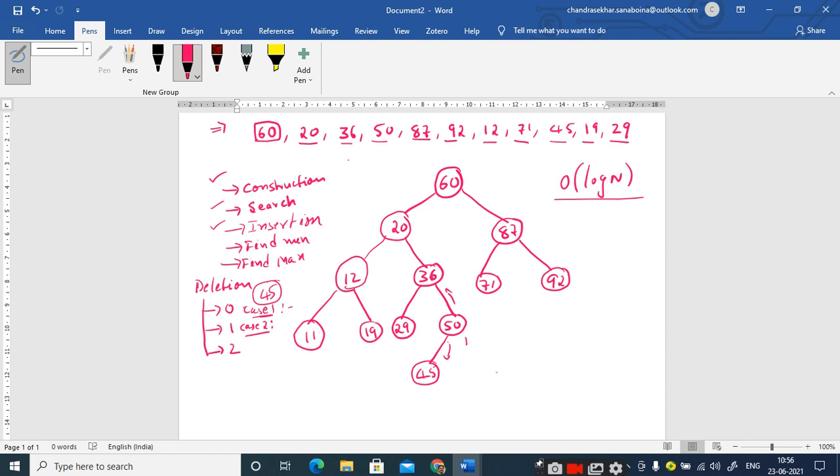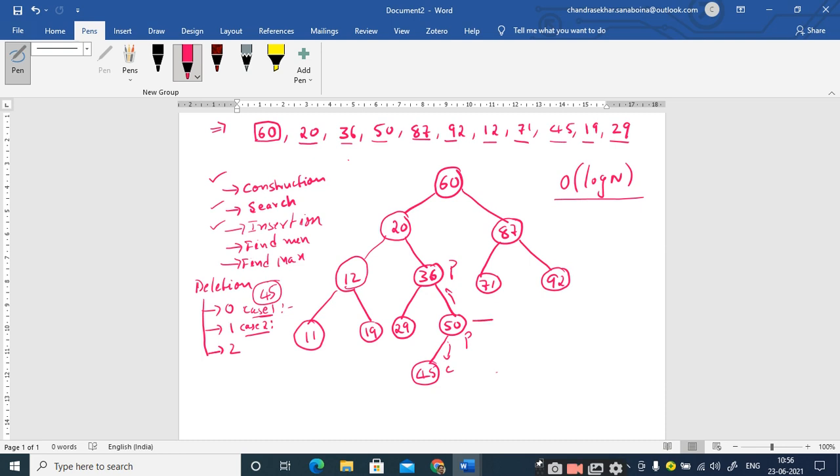So for 45, this 50 is the parent and 36 is the grandparent. If parents are not there, the children will be automatically taken care of by the grandparents. In similar fashion, we need to link the child of that node to the parent of this node. That means if I want to remove 50, 36 is the parent.